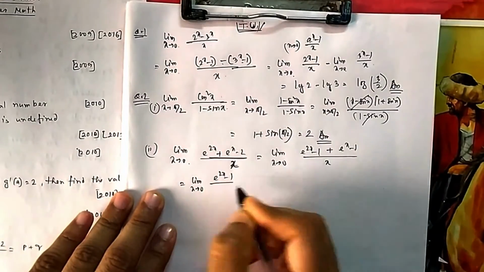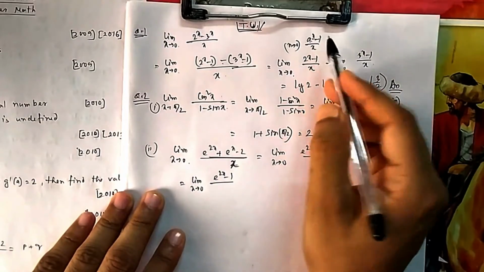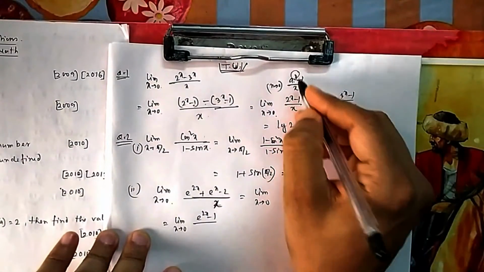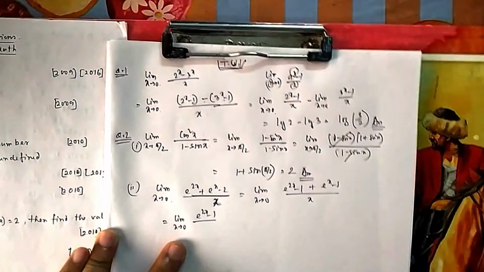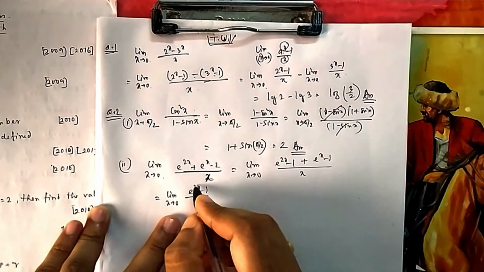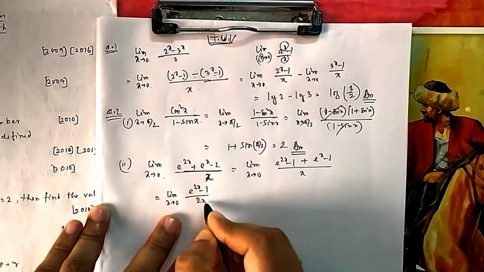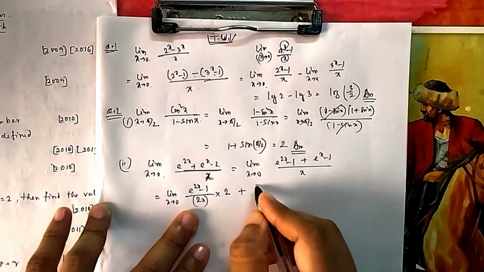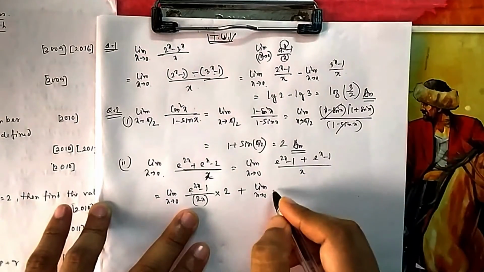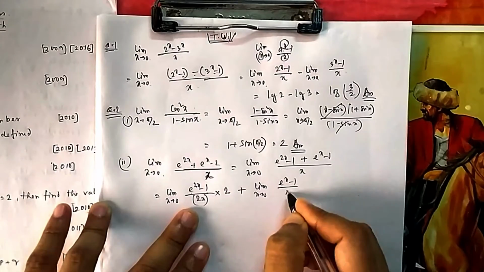But what is the idea? If a to the power x minus 1, you can see everywhere it should be a to the power x, x tends to 0. So your formula should be, but here it is 2x. So to make it 2x, because for e to the power 2x minus 1, you need to have 2x. But you have only 1x, so you multiply by 2. Then plus, I am segregating this part and this part, e to the power x minus 1 divided by x.